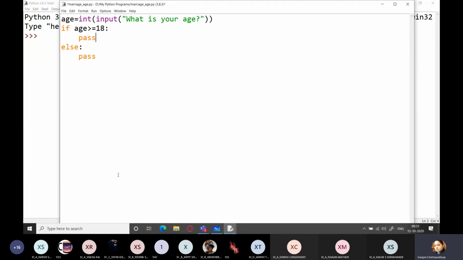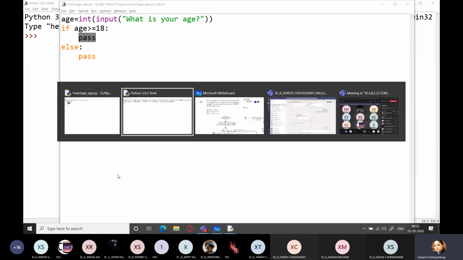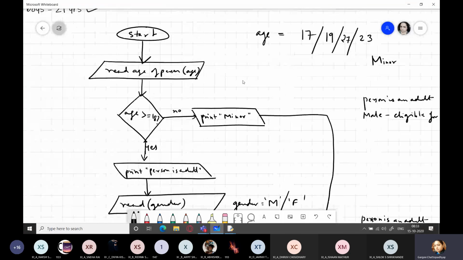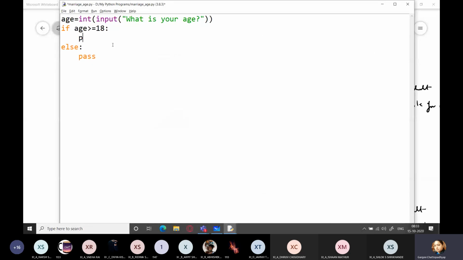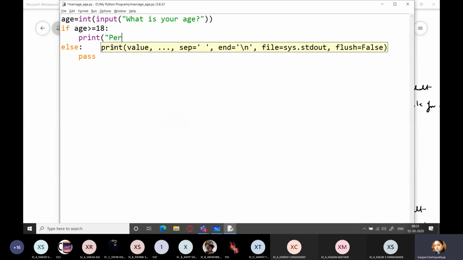So if the person is greater than equal to 18, what you can do first of all is, where you have written this pass, I'll go back to my diagram here, you are going to write person is an adult. So I will be printing here, you are an adult.